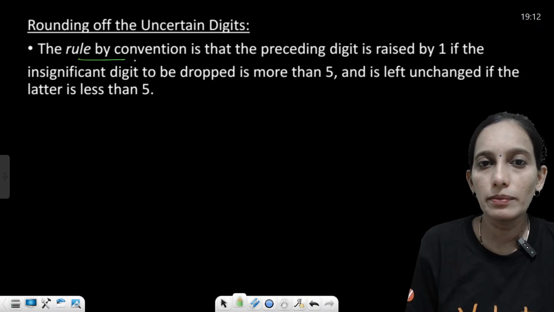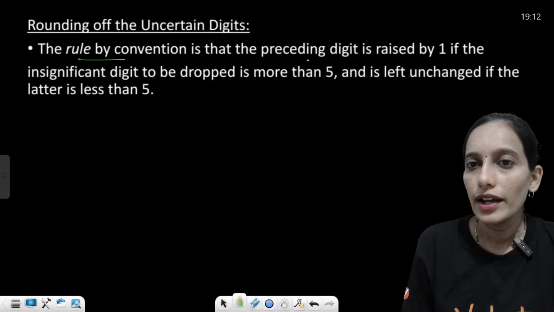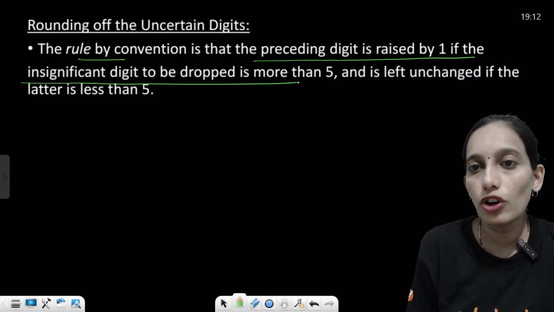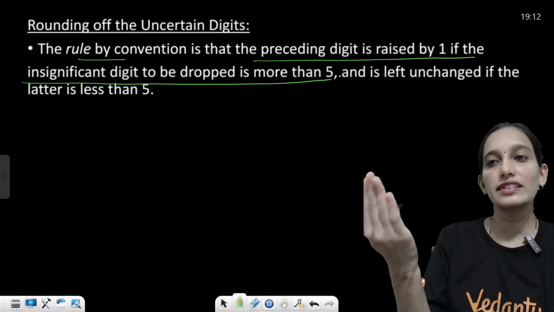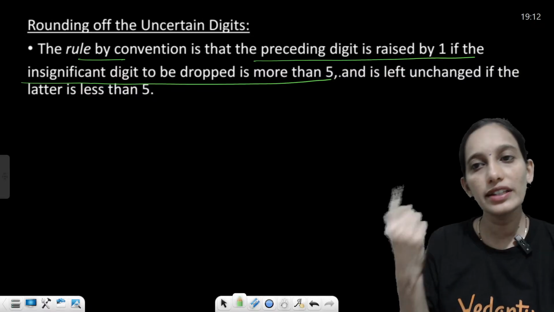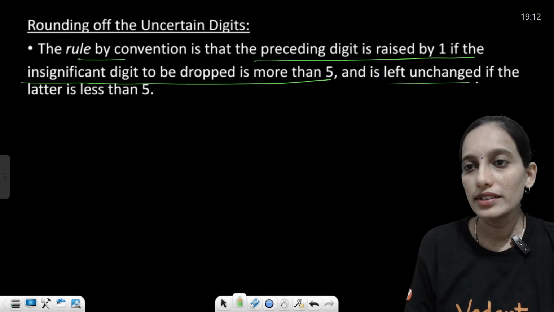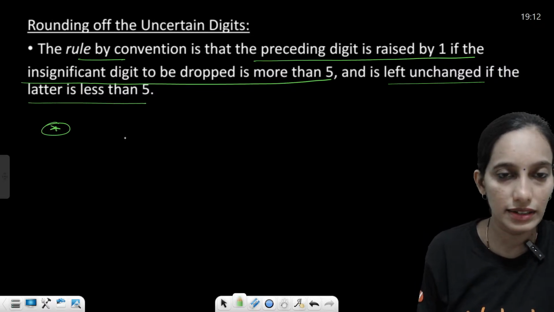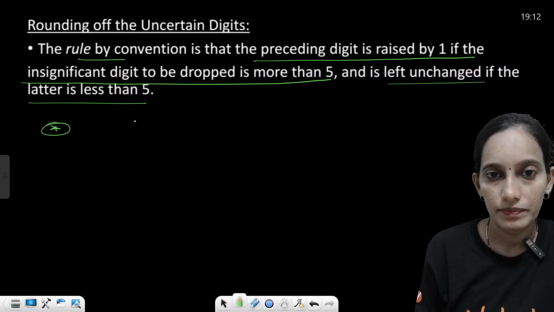So what is the conventional method? If the digit to be dropped is more than 5, we increase the preceding digit by 1, and it is kept as it is if it is less than 5. Let's take an example, it will be understood clearly. So for example